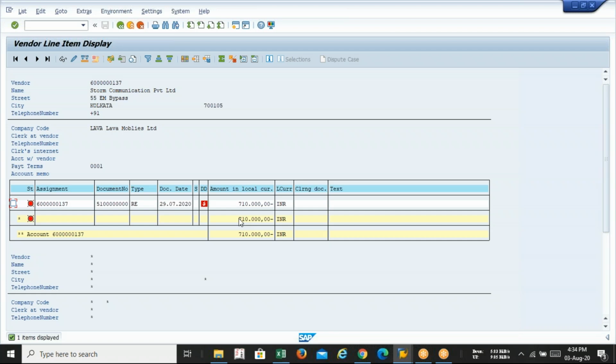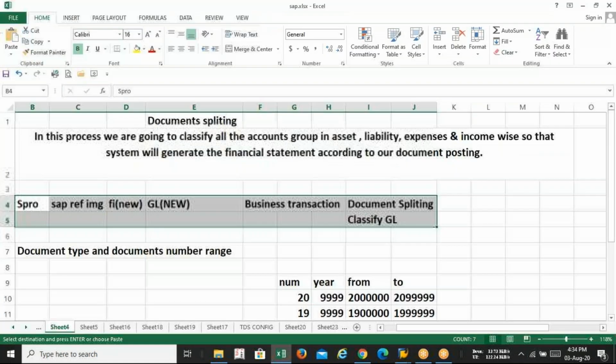But before getting into the payment transaction, manual payment especially, I think all the steps are clear to all of us. We started with the bank master record, that is bank key, bank GL as well as house bank. Today we have done two vital configurations. Number one is the table break, the T code was AC12, and the second one is document splitting.